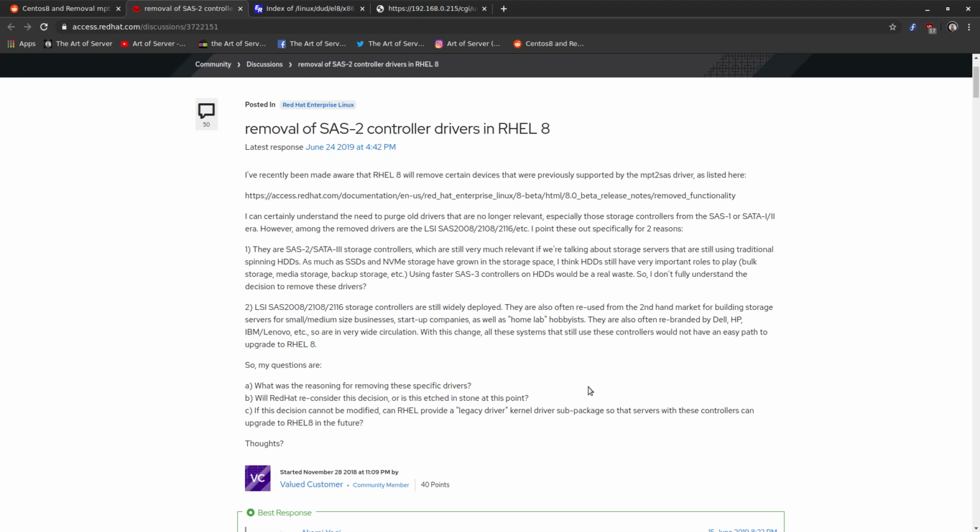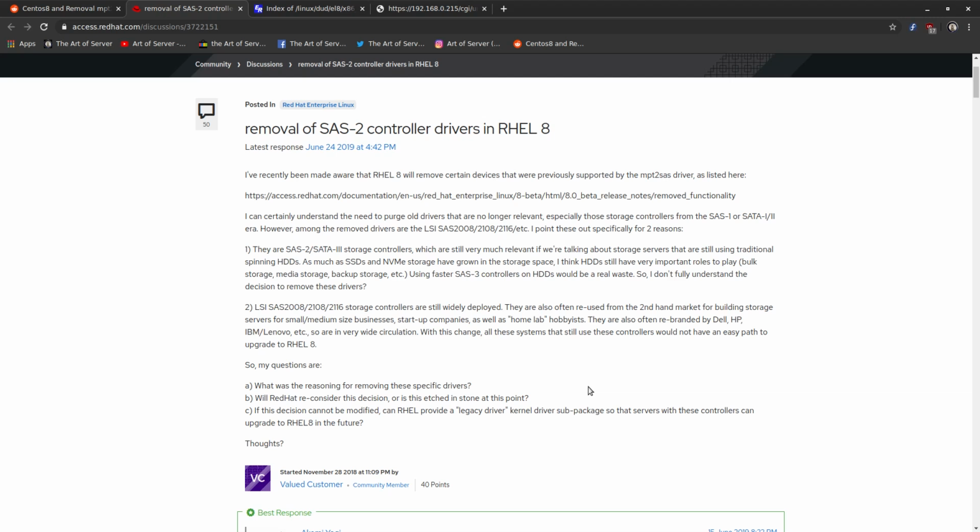Now, this isn't a Linux kernel issue. The mainline Linux kernel still has support for those drivers, and they're being maintained in the mainline Linux kernels. If you try to use a different Linux distribution other than RedHat or CentOS, you won't have this problem, because those distributions didn't specifically remove these drivers from their kernel. In fact, I think there was someone who said they tried the latest Fedora,